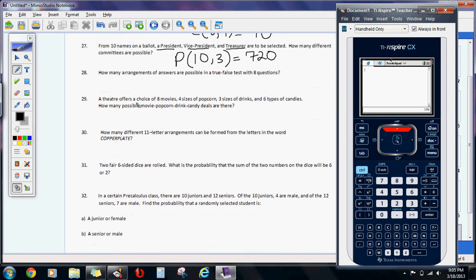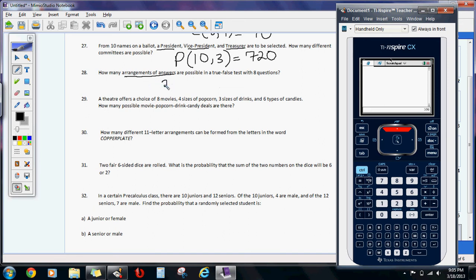Alright, now how many arrangements are possible in a true-false test? Right away we're going to notice that we're allowed to have repetition. This is not asking about the questions, it's actually asking about the arrangements of answers. So since repetition is okay, we're not going to think permutation or combination, but we would set it up as